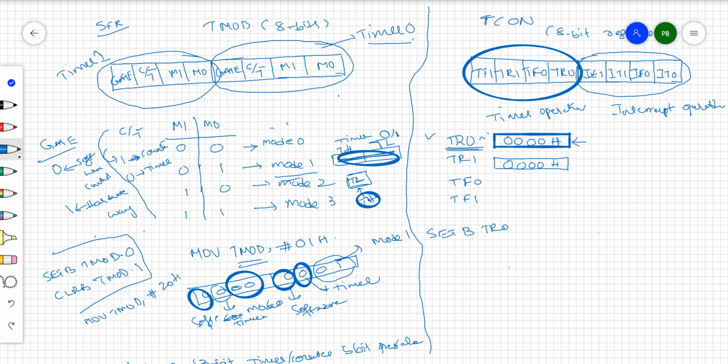By this time, you need to understand that whenever you set the timer run bit 0, the value present in timer 0 keeps incrementing with the clock frequency, right? In the similar way, if you set timer run bit 1, then what will happen? Timer 1 data is going to be incremented with the clock frequency connected to the timer, right? For every one clock period, this value is incremented to 1, 2, 3, like that up